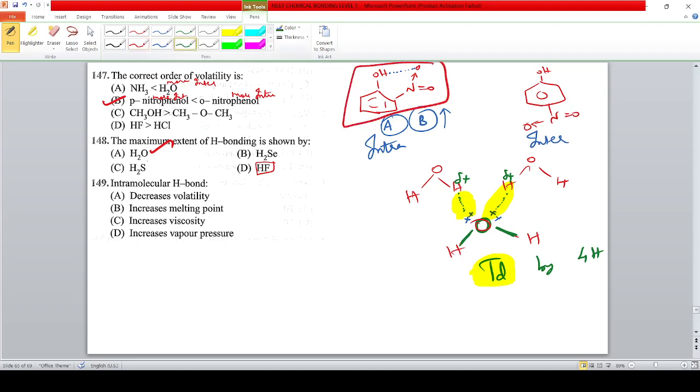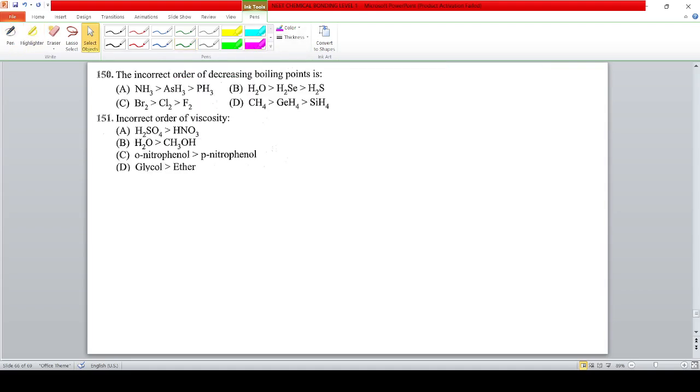This decreases the boiling point, thereby increases the vapor pressure. Because boiling point and vapor pressure are inversely related to each other. So, decreases the boiling point means increases the vapor pressure. 150. The incorrect order for the given thing is